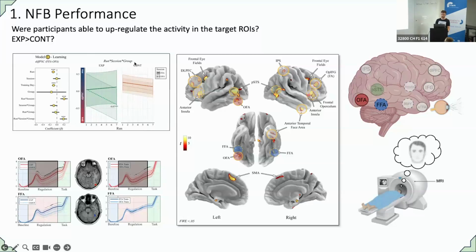We compare the experimental with the control group. On the x-axis, we have the separate runs within each session, so that's the vector of time. And on the y-axis, we juxtapose FFA to the OFA, and we compare the different sessions, and we see that in the experimental group, there's a strong increase in OFA dominance during the OFA training, and a slightly attenuated, but still increasing dominance of FFA in the FFA training. So that's a learning effect, and we do not observe that in the control